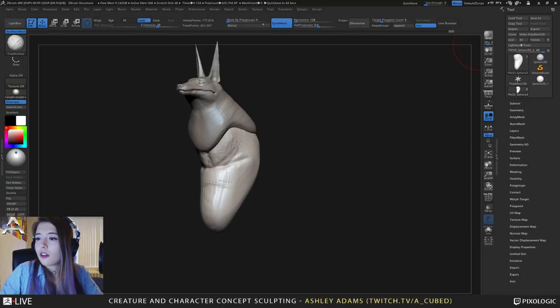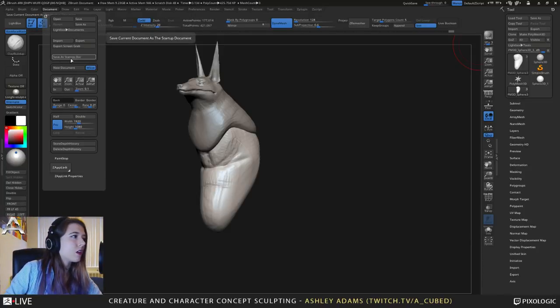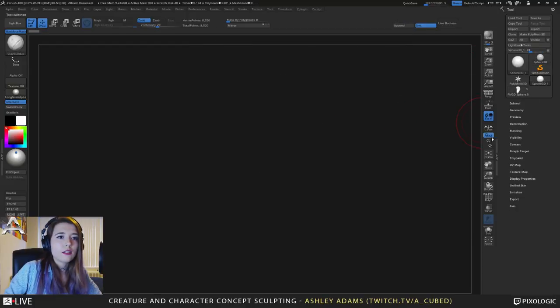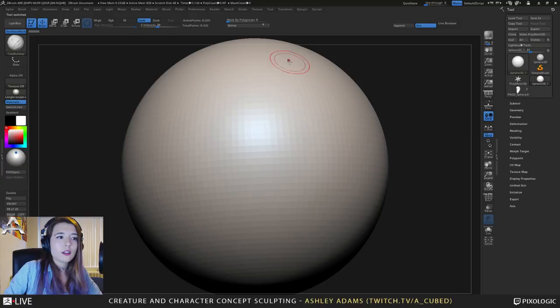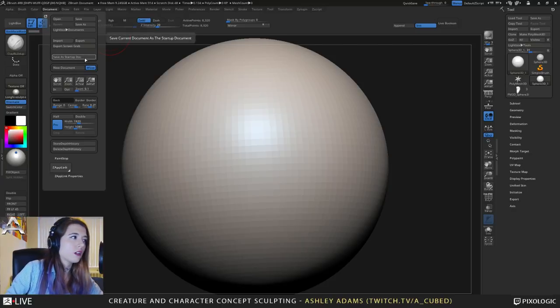If you change the doc, where do you save the startup doc? So it always loads. In your document, you just have to click this, save as startup doc. So don't have anything on your screen, otherwise it will pop up with the document. Like if you had the default sphere here and you were just like save as startup doc, and this was everything that you wanted, but you also had dragged out like a project or something, you save as startup doc and then you close it,